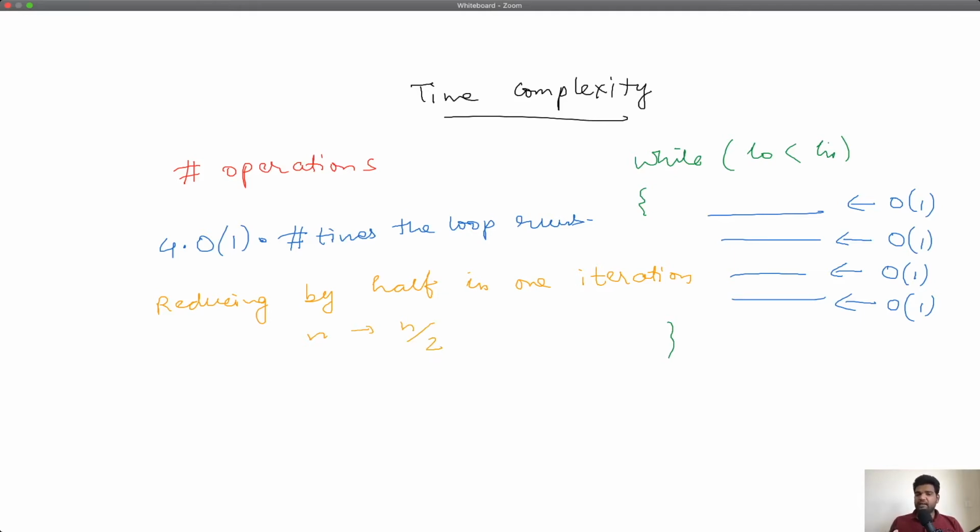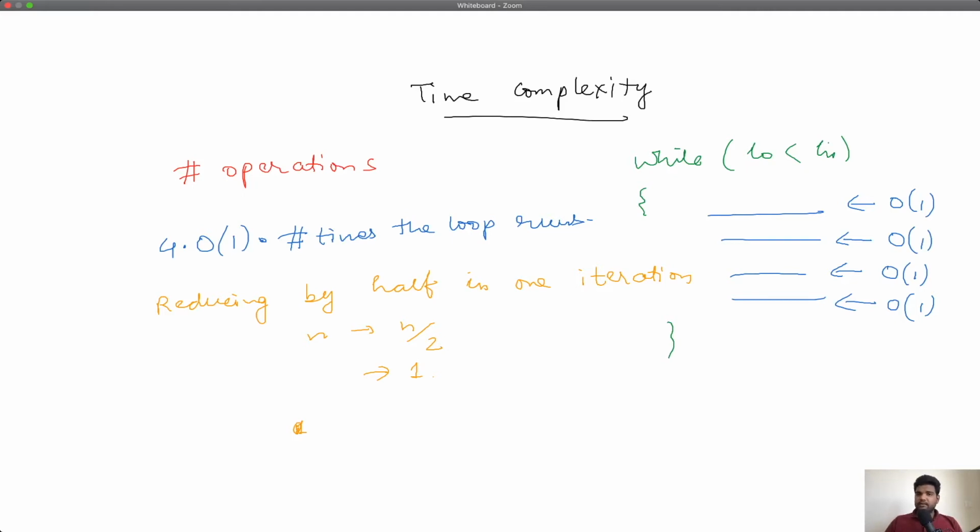So now the question is, in how many iterations will you get to a search space of size 1? So it's unitary method, right? If in 1 iteration you half it, in how many iterations will you go to a search space of size 1? So let's say the number of iterations there is